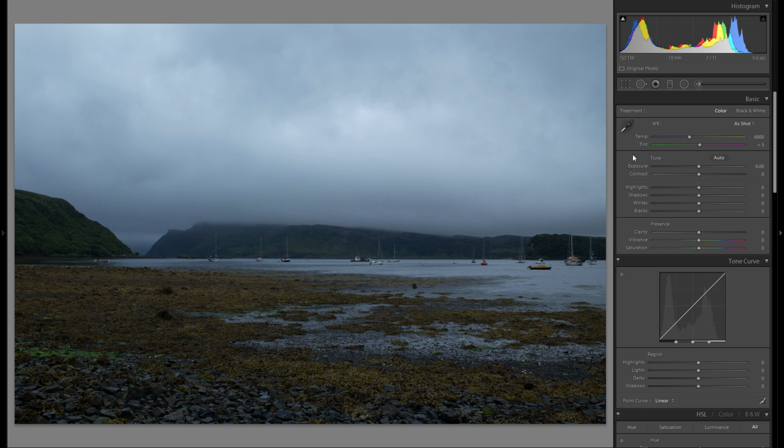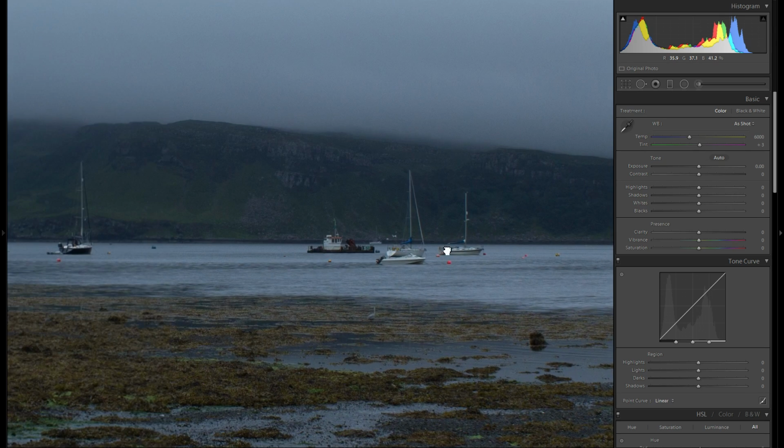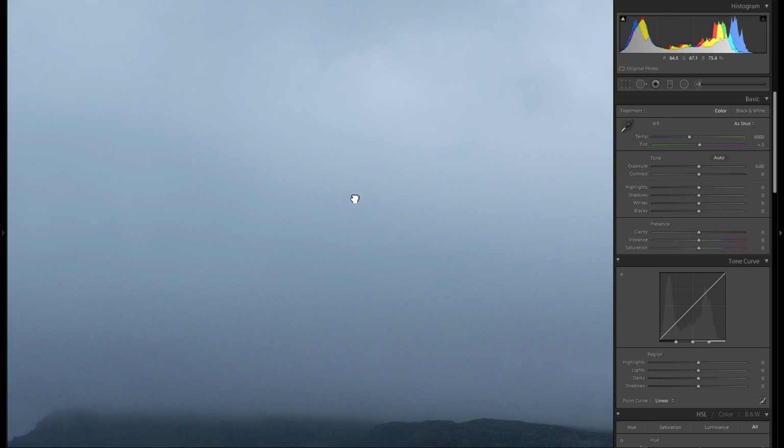So quickly before I get started with editing, let's talk about settings. I shot this on a tripod, ISO 100, 18mm, f11 and 0.6 second exposure time. Now usually I would shoot this scene at f8 because there's really not so much foreground in the picture, you know. I could shoot this at f8 and still would get everything sharp from front to back. But I really wanted to get a little bit of a slower shutter speed, so that's why I've chosen f11. That allowed me to go to 0.6 seconds, which at least gives me some smoothness in the water and some